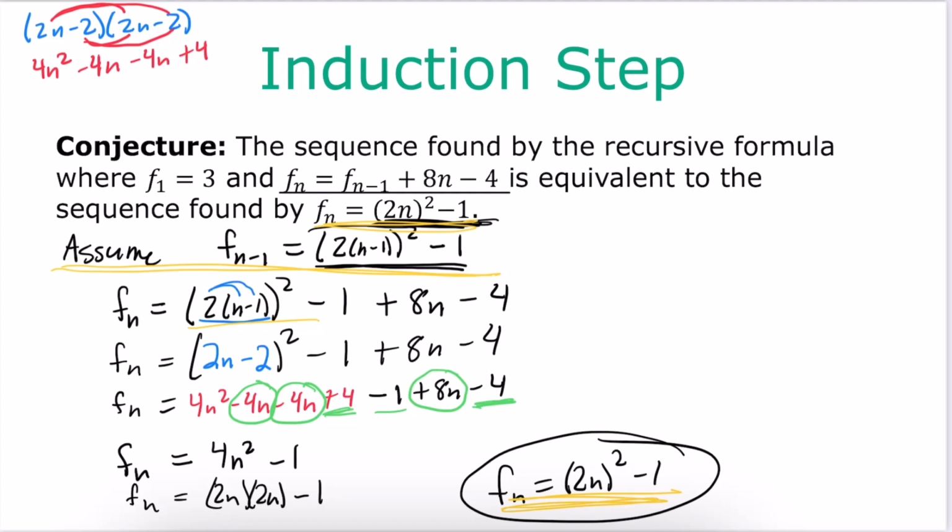And kind of the idea behind this is that the recursive formula requires the term right before it. So, like the 100th term requires you to know the 99th term, which requires you to know the 98th term, which requires you to know the 97th, and so on, all the way back until the first term. So the idea of the induction step is that once the base case is proved, if you can assume for any term number that the term right before it equals the explicit formula, that the result of the recursive formula will give you the explicit formula for the nth term, then I don't know exactly how to put it into